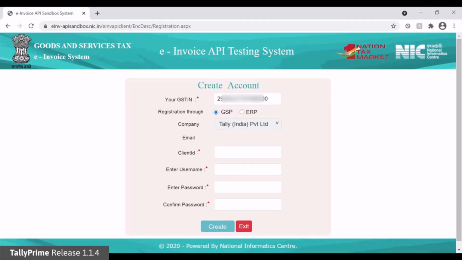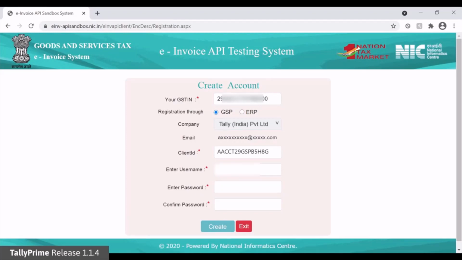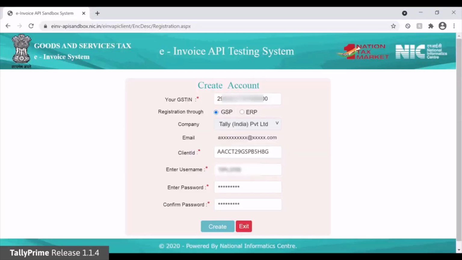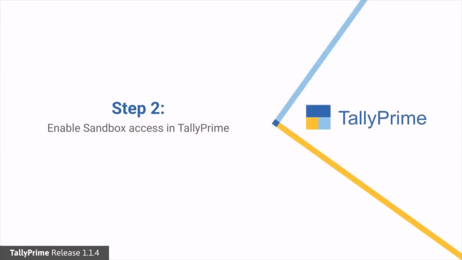Enter your registered email ID under the Email field. Under Click ID, you will need to enter the ID that you can see on the screen. Now, enter the username and password that you want to set as your sandbox credentials. Confirm password and click Create. Once you register on e-invoice API testing system using the process, the next step will be enabling sandbox access in